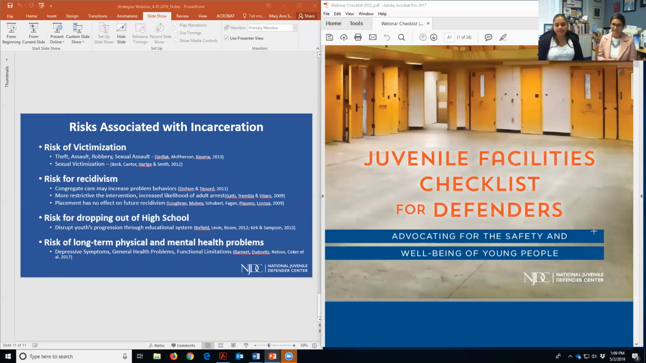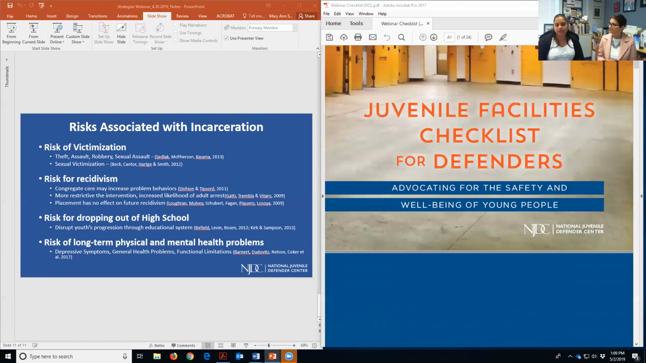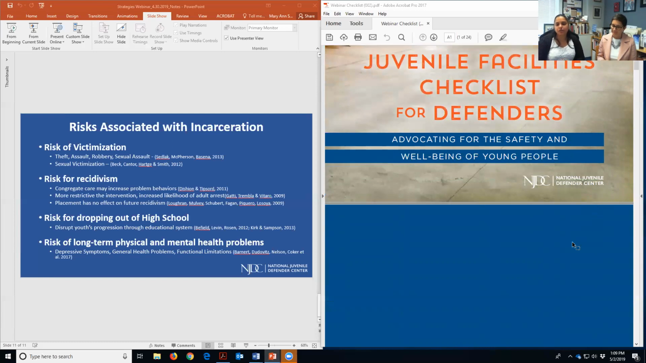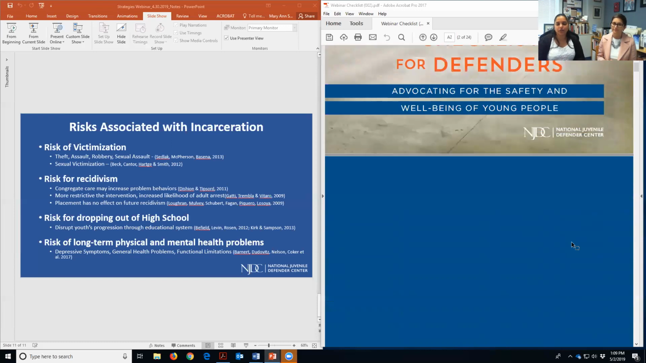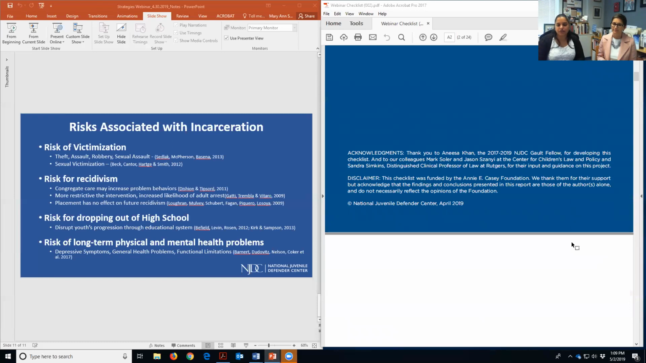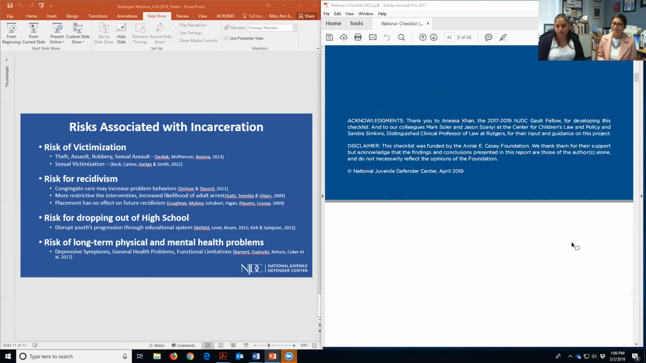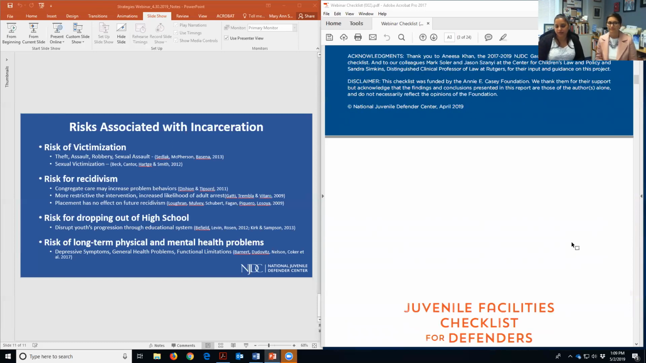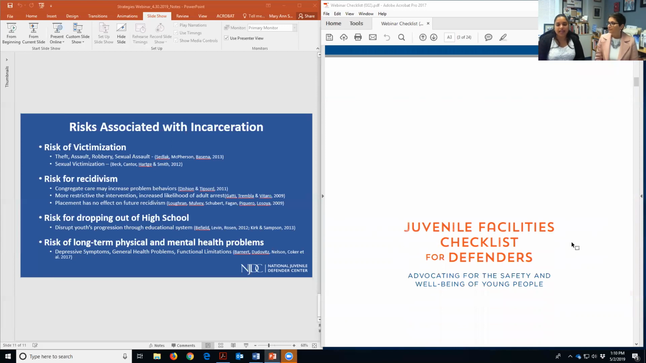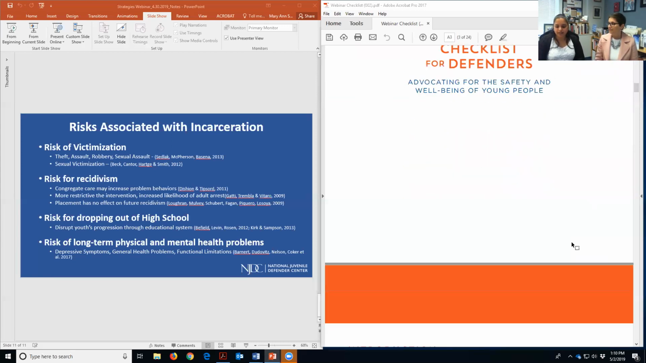So we at NJDC have developed a checklist for defenders to help in their advocacy, to think more broadly about these issues and help defenders formulate individual strategies for their advocacy in releasing clients from pretrial detention. The tool was designed to assist juvenile defenders in assessing the safety of the juvenile facilities where their clients could be housed and their clients' risk of exposure to harmful conditions within the facility and abuse. The categories of questions contained within this checklist